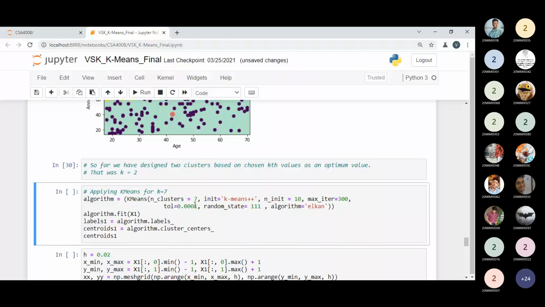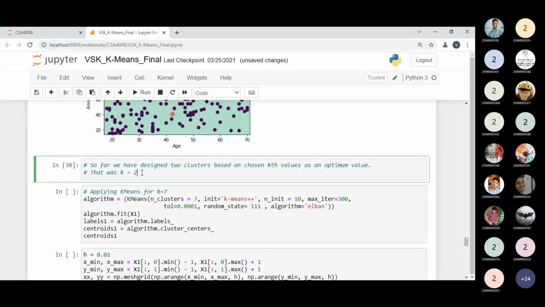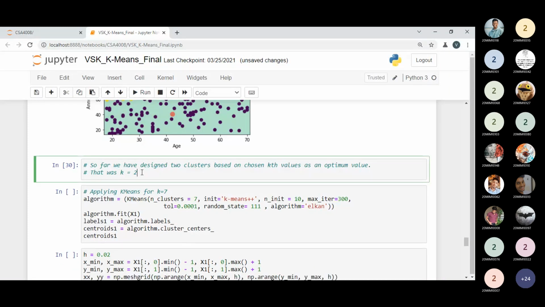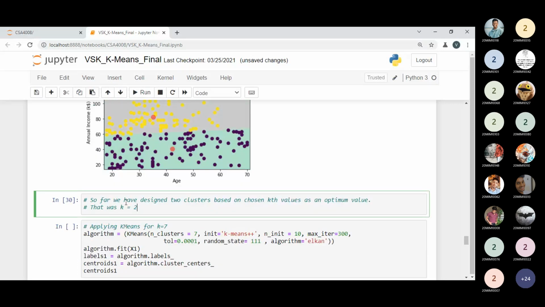So this is a C. We finished our code right now, but I have some different thing over here for a betterment. So can you tell me right now what is the number of clusters I can say over here? Can anyone tell me or update the code right now? So what should I do? How many clusters I can update? Can anyone tell me right now? Let me show my proof. How many clusters I must keep right now? 7 we have taken previously. If you want to update, then we can update.